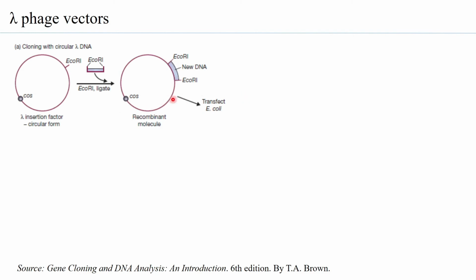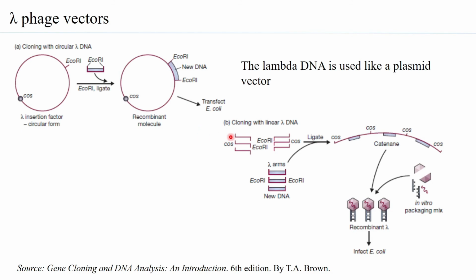coli. So this becomes the recombinant molecule. You can also use the lambda phage as linear DNA. So you can see that linear DNA means this is one COS site and this is the second COS site. But if EcoR1 is present, then the EcoR1 will cut it in such a way that these will be sticky